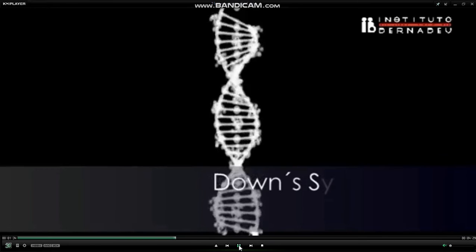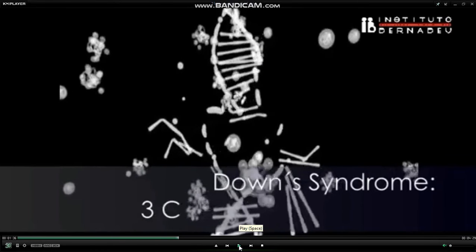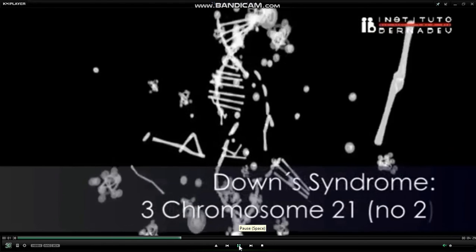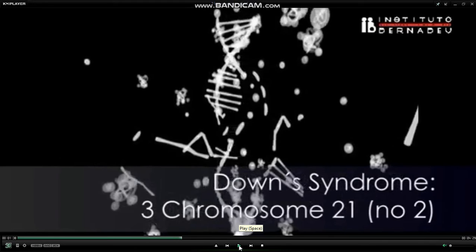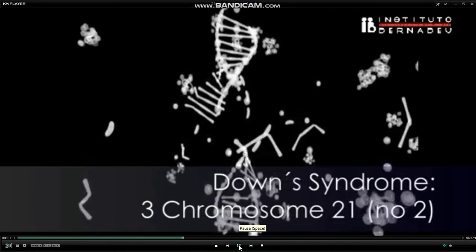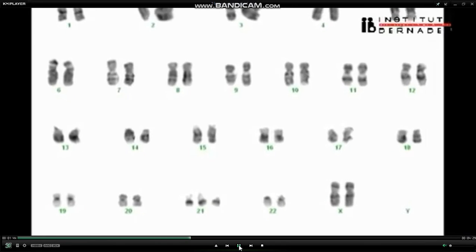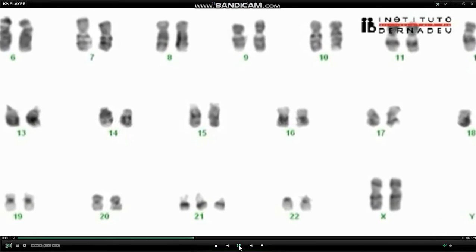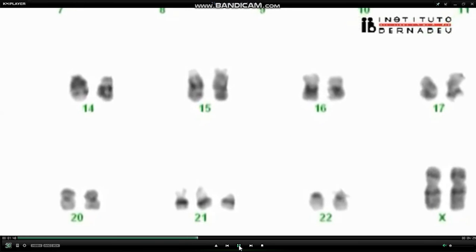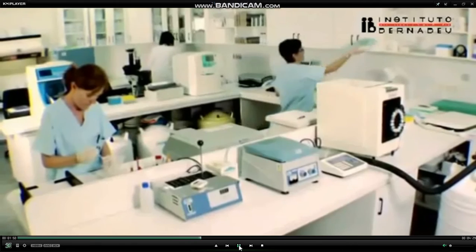Here also there are abnormalities. For example, Down syndrome in a particular kind of trisomy is there, chromosome number 21, which should usually be 2, but in these cases Down syndrome is a mental as well as physical deformity, where if there are 3 sets of chromosome, it is identified as Down syndrome. Then this is the case of a Down syndrome.